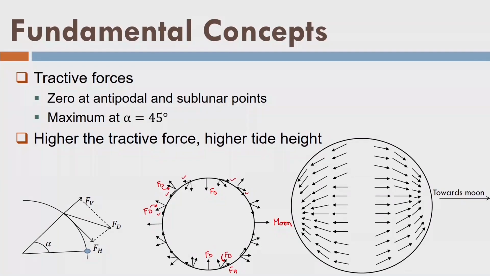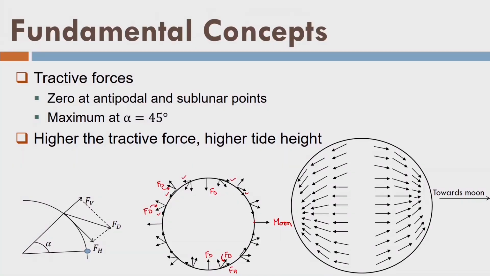You can see here that tractive forces are bringing the water here, and as a result, because of these tractive forces, sea level will experience a rise in the water level, because water is brought from the other places to one place. So this kind of tide is happening here, and water level is rising at this point, which is very close to the moon, or which is located towards the moon at this moment.